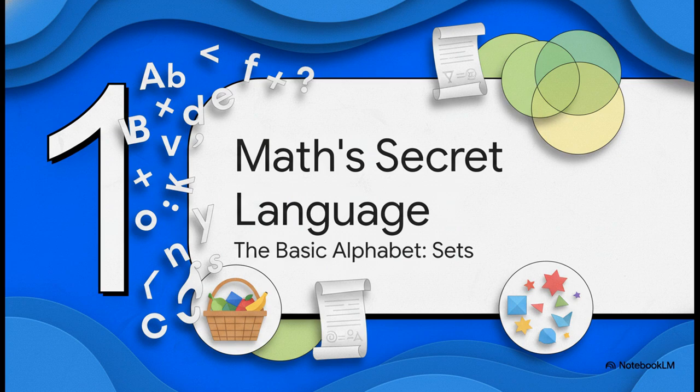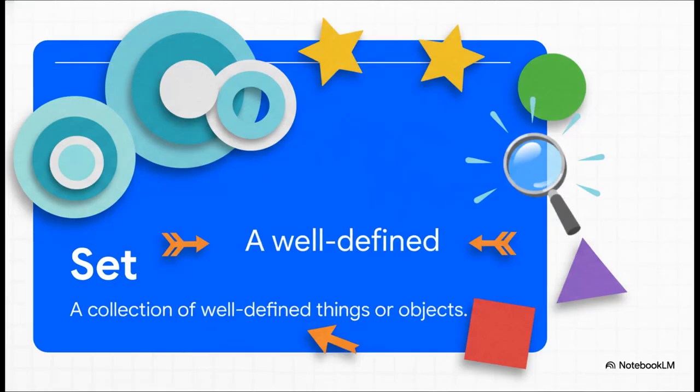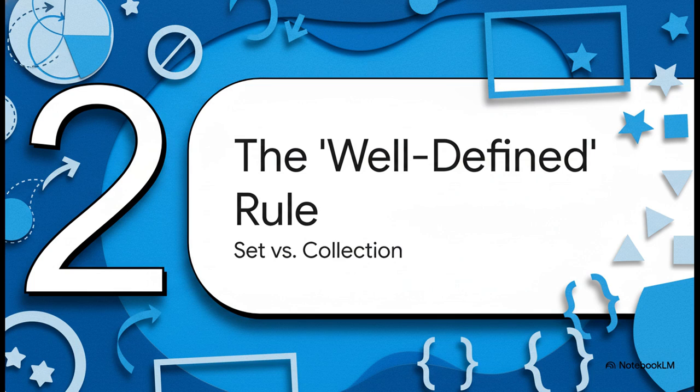concept of a set. Now, the official definition sounds super simple, right? A collection of well-defined things or objects. Easy. But don't let that fool you. The entire secret, the magic sauce, is hiding in those two little words, well-defined. Seriously, getting this next part is the key to the whole shebang. So let's really dig in and figure out what well-defined actually means. A few quick examples should clear it right up.